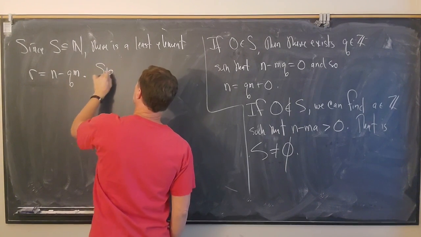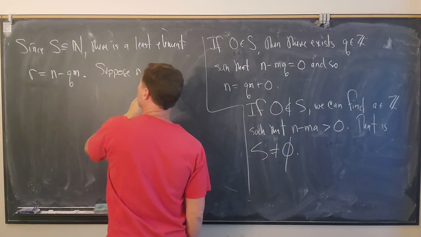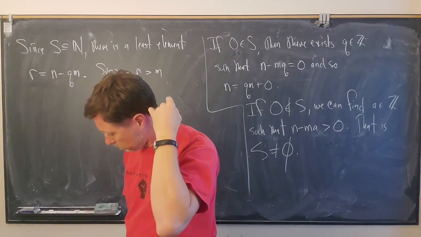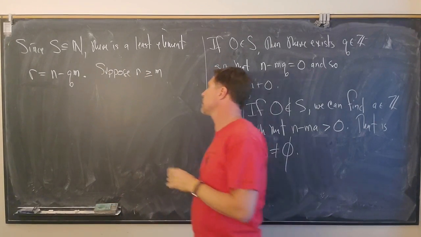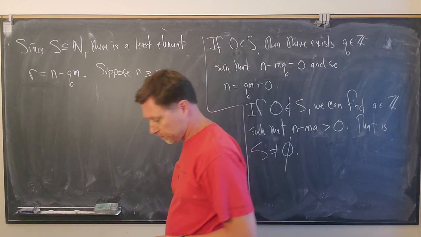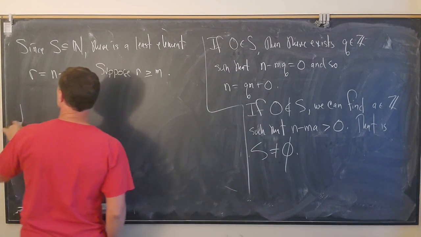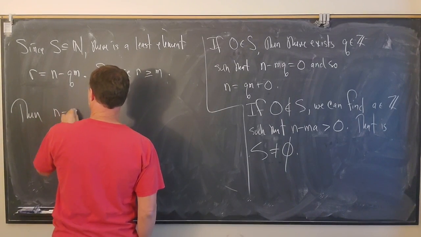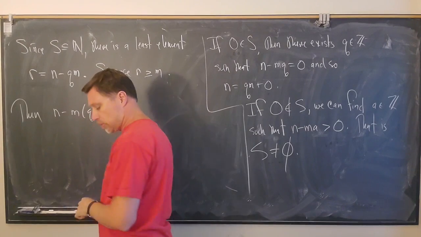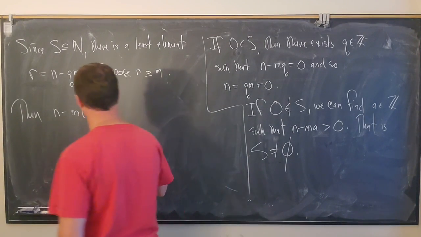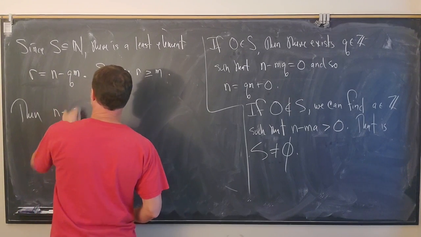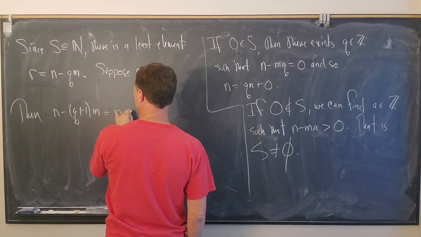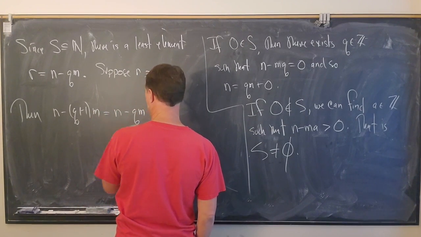So suppose that R is strictly greater than m. Oh, sorry, no, actually I wanted to say greater than or equal to m. So suppose R is greater than or equal to m. Then I want to look at n minus m times q plus 1. And I guess let me put the q plus 1 on the other side. So it's really q plus 1 times m. That's equal to n minus qm minus m,